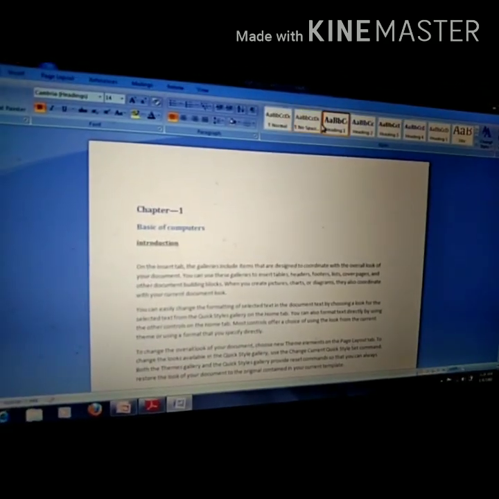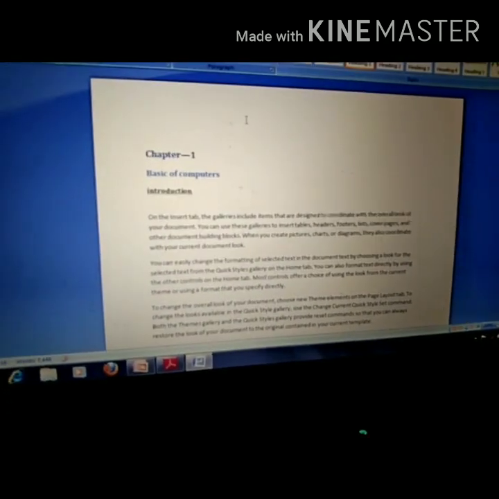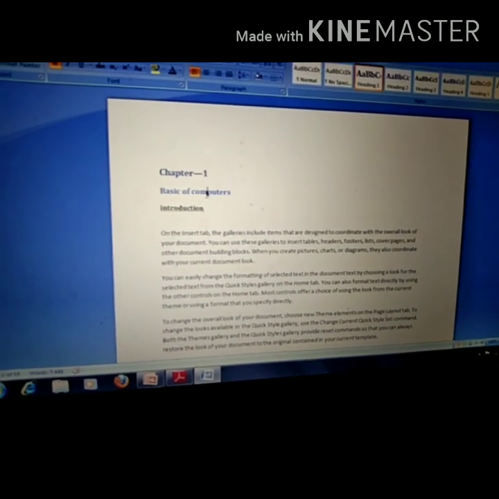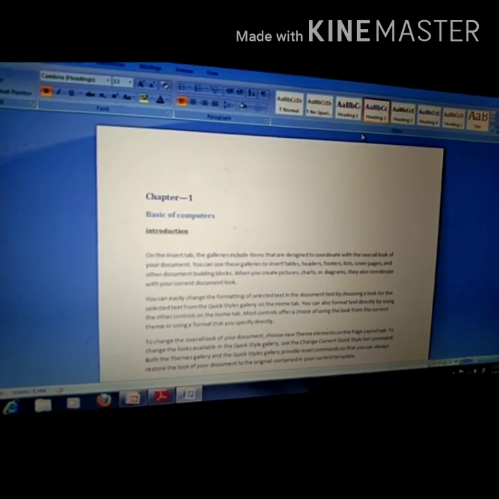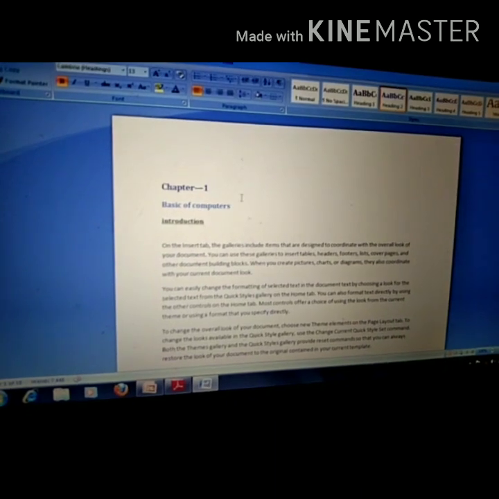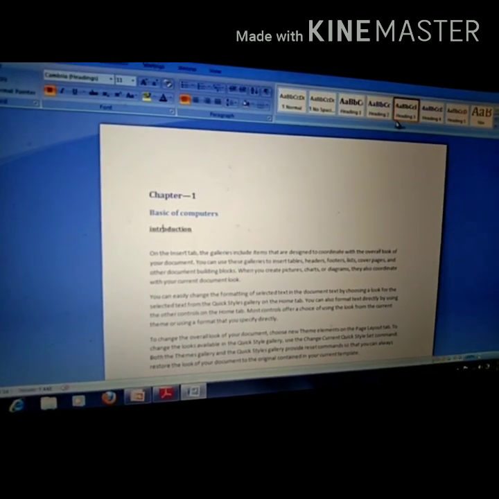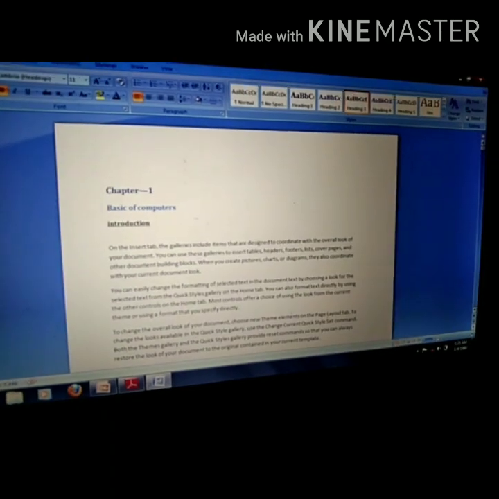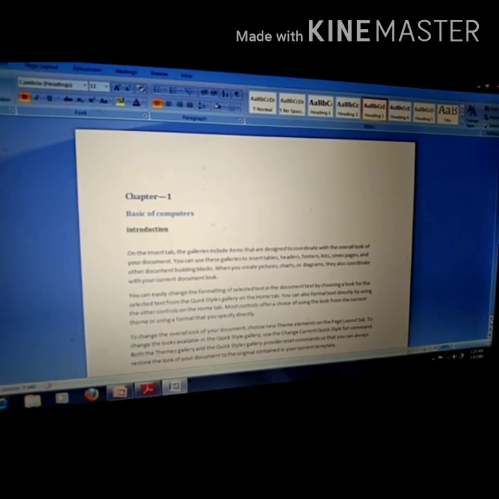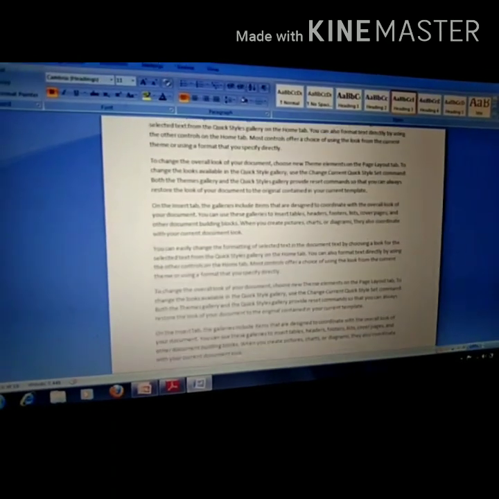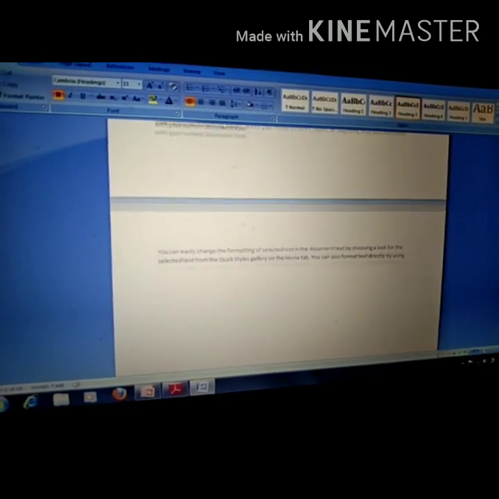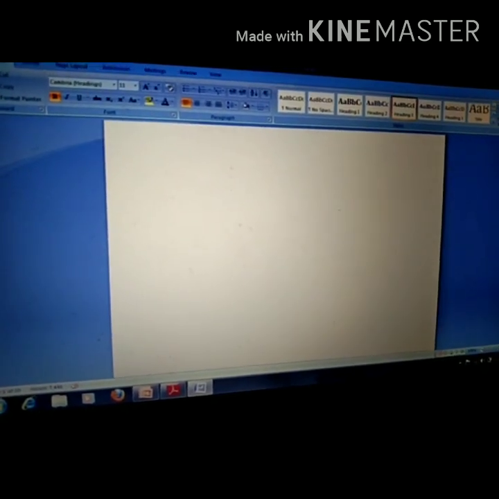In chapter number 1, you will check, this one is heading 1. Here is basics of computer, a subheading of chapter 1, so I am giving it the heading 2 style. And introduction is a sub part of basics of computer, so here I am giving heading 3. In the same manner I am dividing the complete document, the complete text, in this manner only.